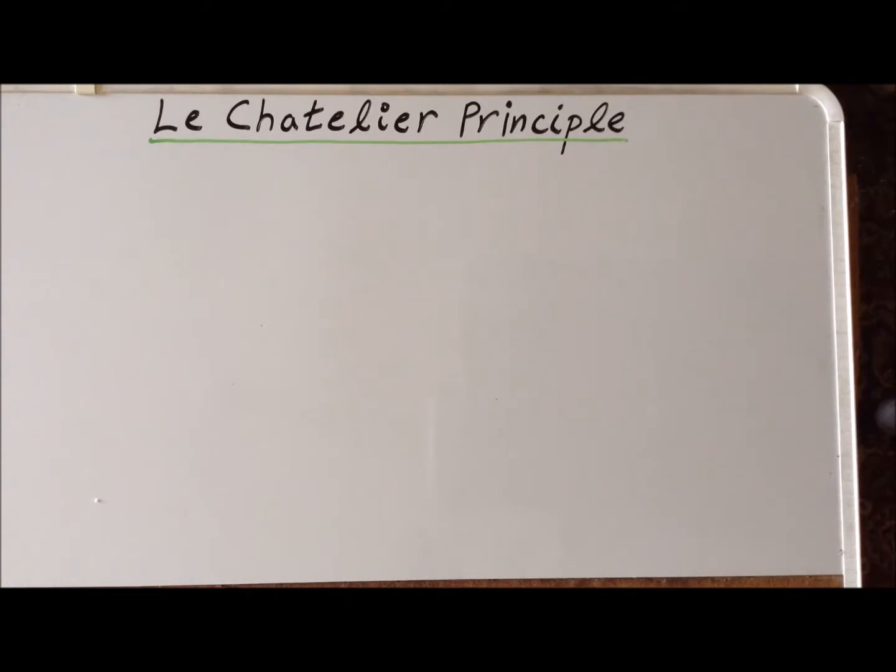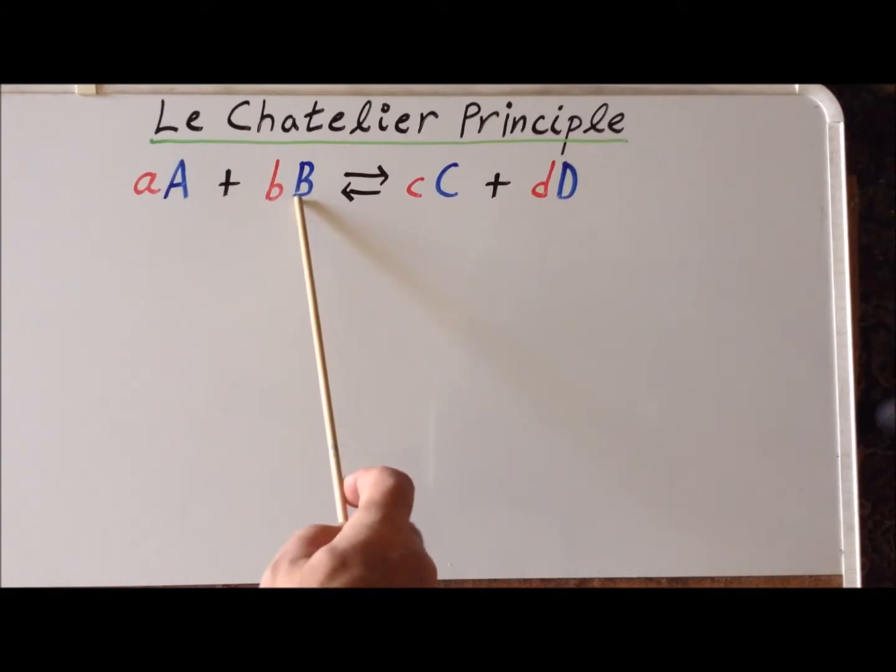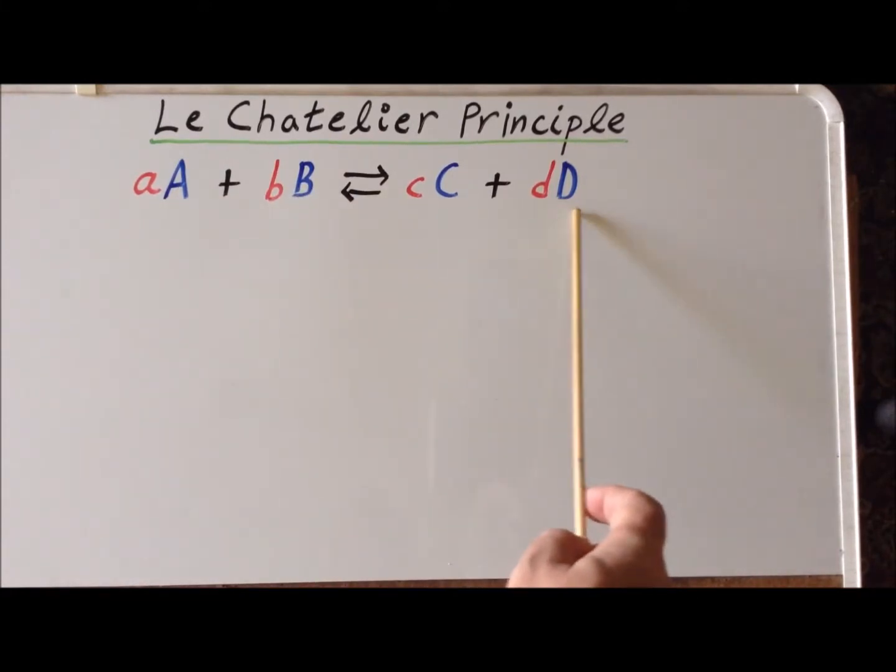Hello. In this video, we are going to discuss Le Chatelier's Principle, and perhaps more importantly, we are going to illustrate it using specific, concrete numerical examples. First, we will discuss a generic reaction where we have A and B reacting to form C and D,